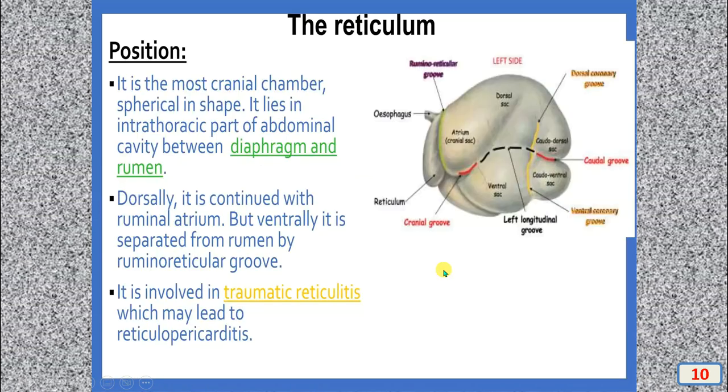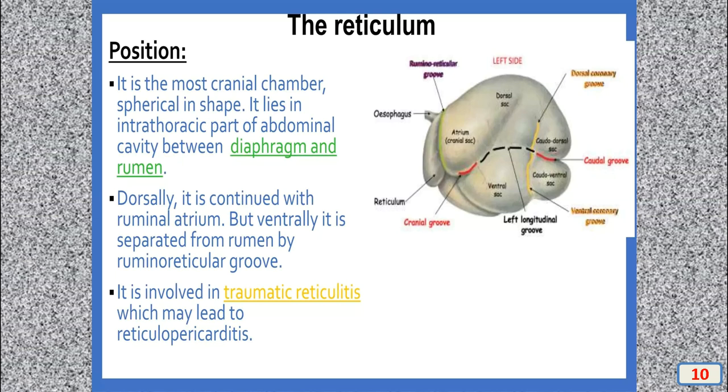Then the reticulum is the most cranial chamber, spherical in shape. It lies in the intrathoracic part of the abdominal cavity between the diaphragm and the rumen. This is the reticulum, and dorsally it is continuous with the ruminal atrium. Ventrally it is involved in the cranial groove and leads to reticulopericarditis. So it is involved in traumatic reticulopericarditis. One should know the anatomical position of the ruminal-reticular groove, because many times it is very important to find